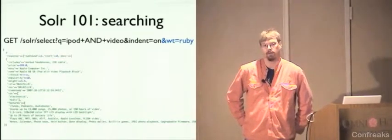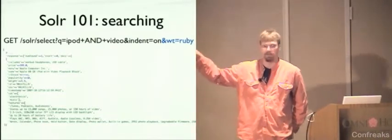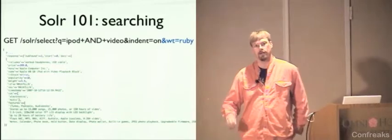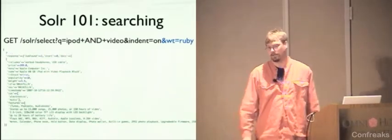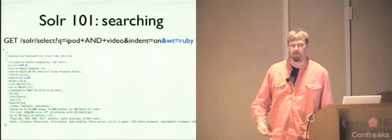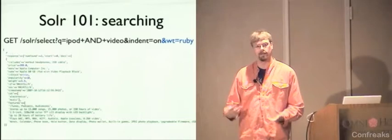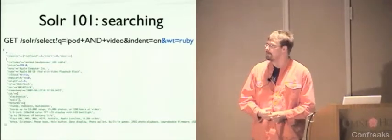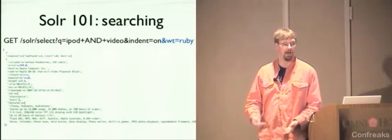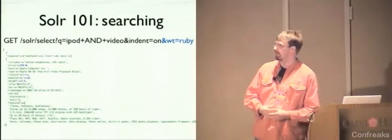What you see coming back from Solr is a Ruby hash, and you can change that Ruby to JSON or to Python or XML, or there's also an XSLT if you want to get crazy with that kind of transformation that you can do within Solr itself. So you can get the data back in any usable format that you want. And you could even write a custom response writer if you wanted to have any kind of custom format